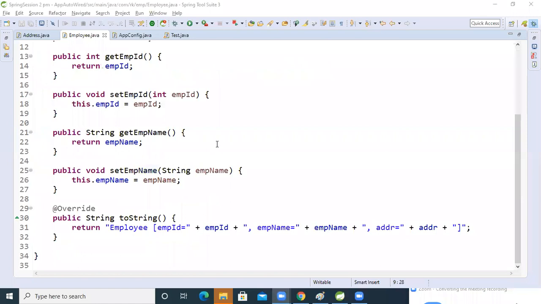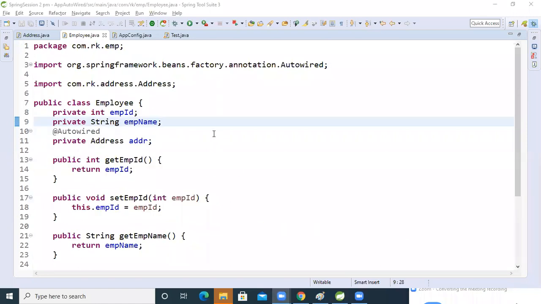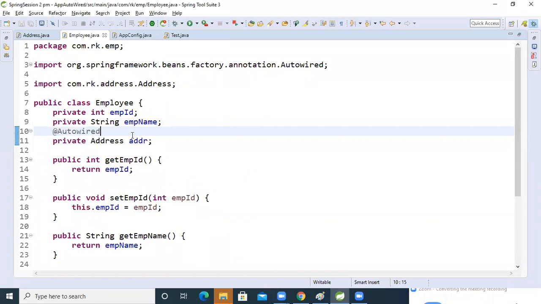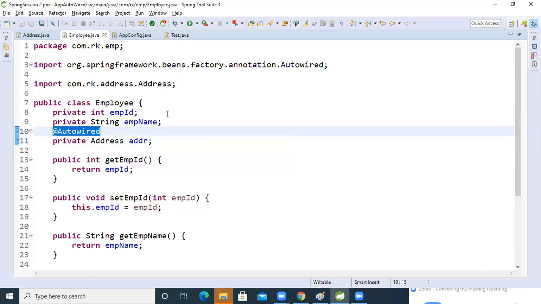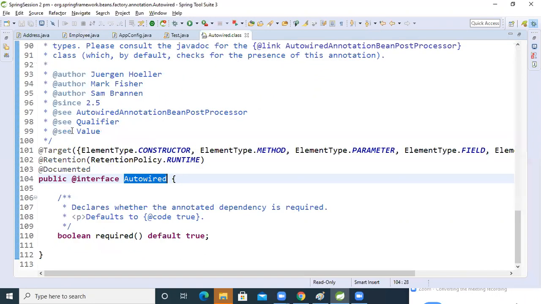Okay, so now, @Autowired by default is required true. If you want to see its implementation, take the mouse cursor over @Autowired, press the control button and click.